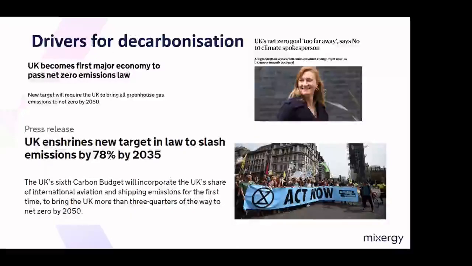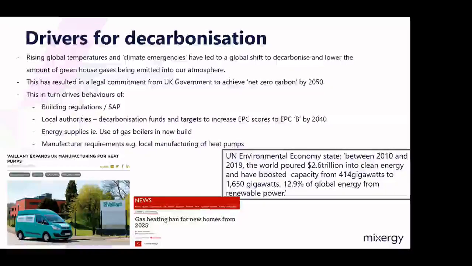Whether you agree with their methods or not, organisations such as Extinction Rebellion, and quite recently in the news Insulate Britain, are certainly raising awareness of climate change. So, the UK's ambitious net zero carbon emissions target by 2050 and the 78% carbon emissions reduction by 2035. In 2018, the UK was 44% below 1990 levels, according to the Committee on Climate Change.